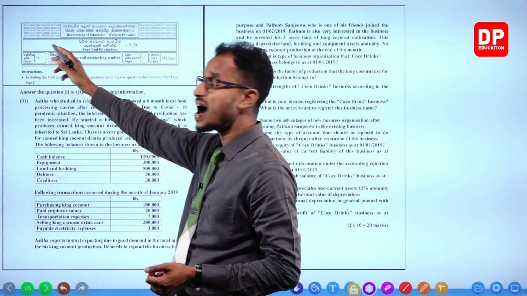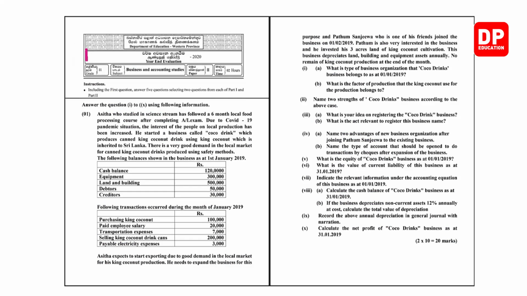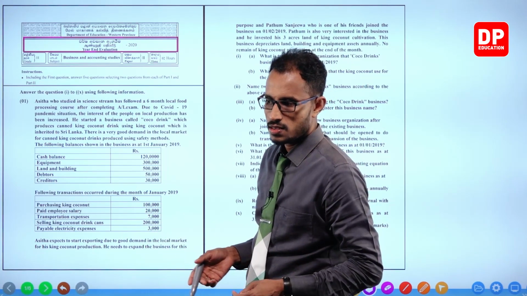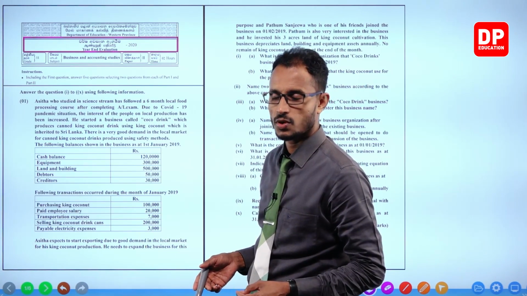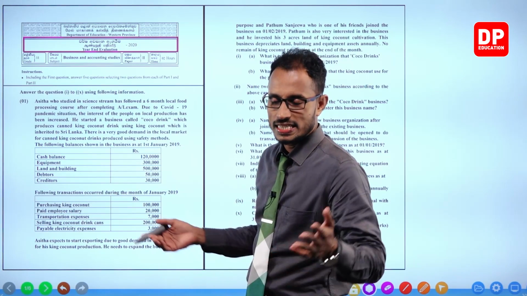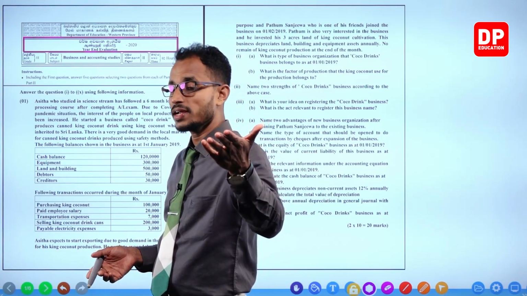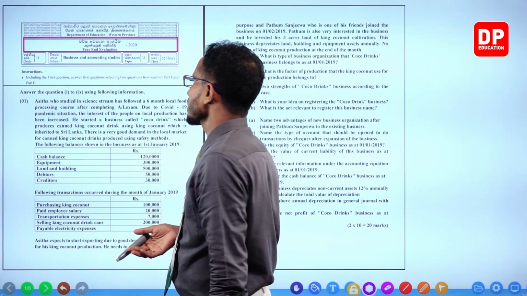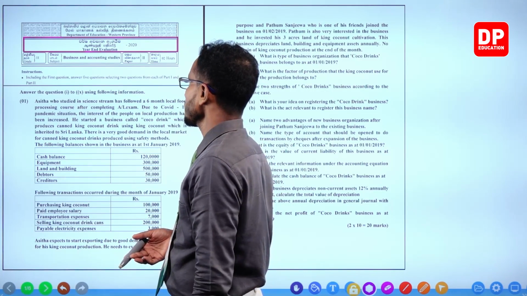Even in the past, questions which were on these provincial papers have come in the O-level paper, or at least similar questions have come in the examination paper, right? So it's important. This is the 2020